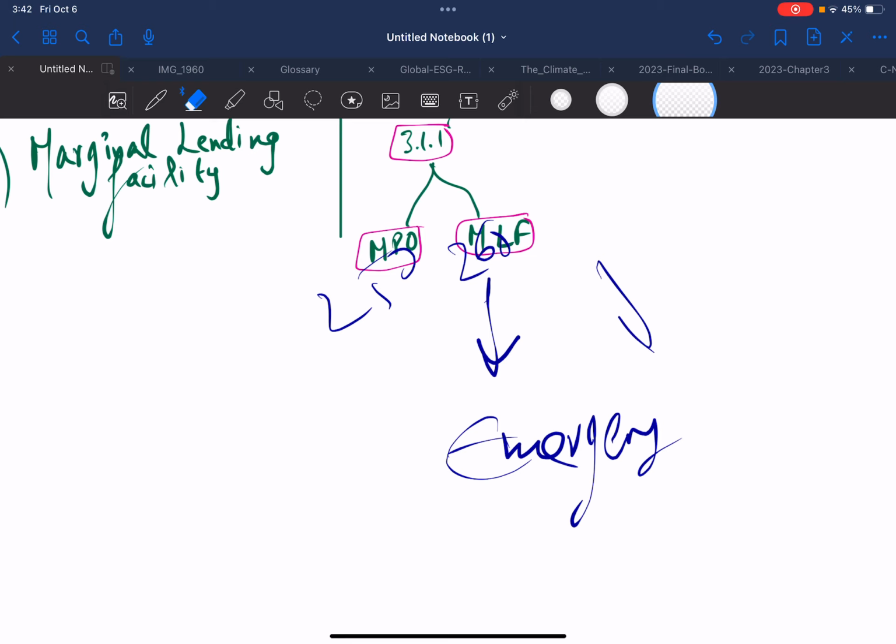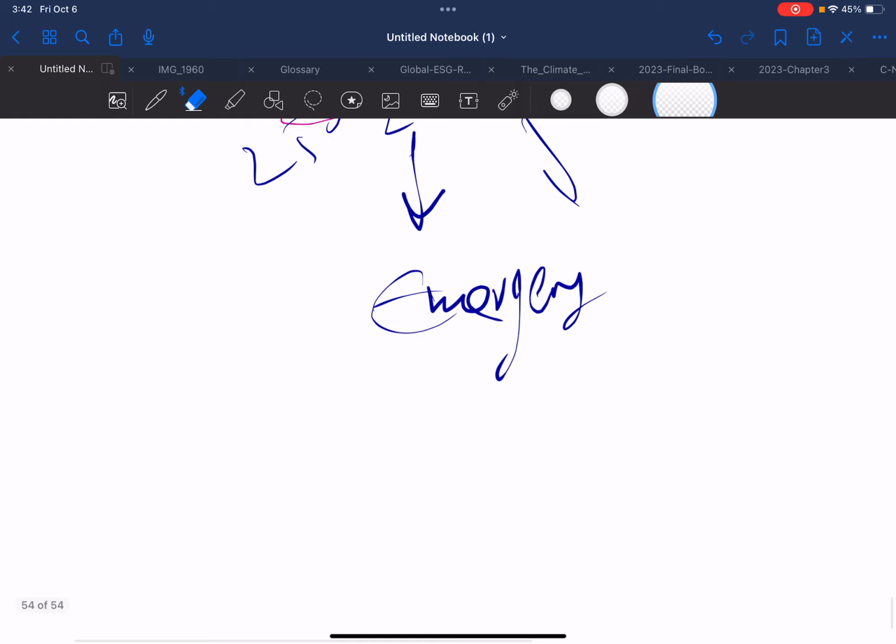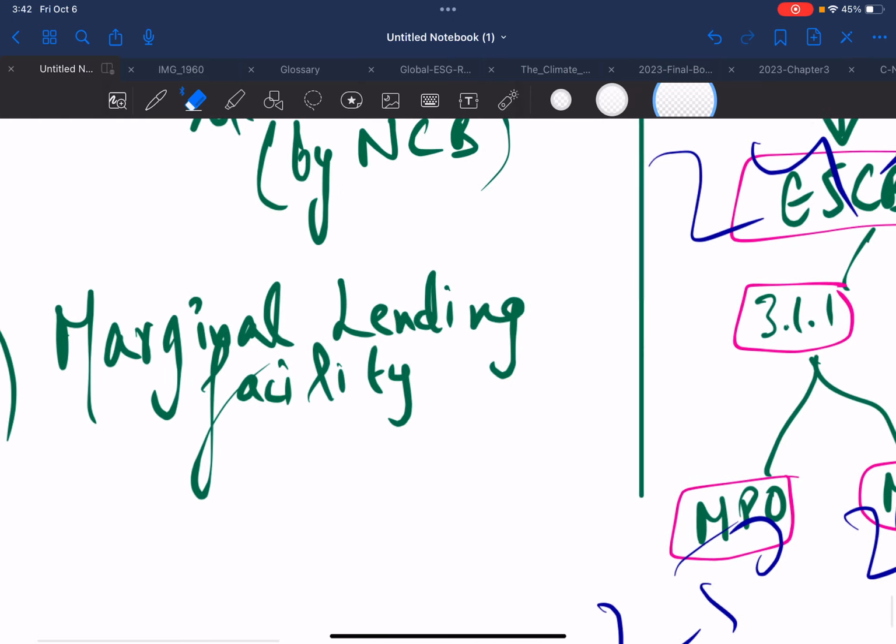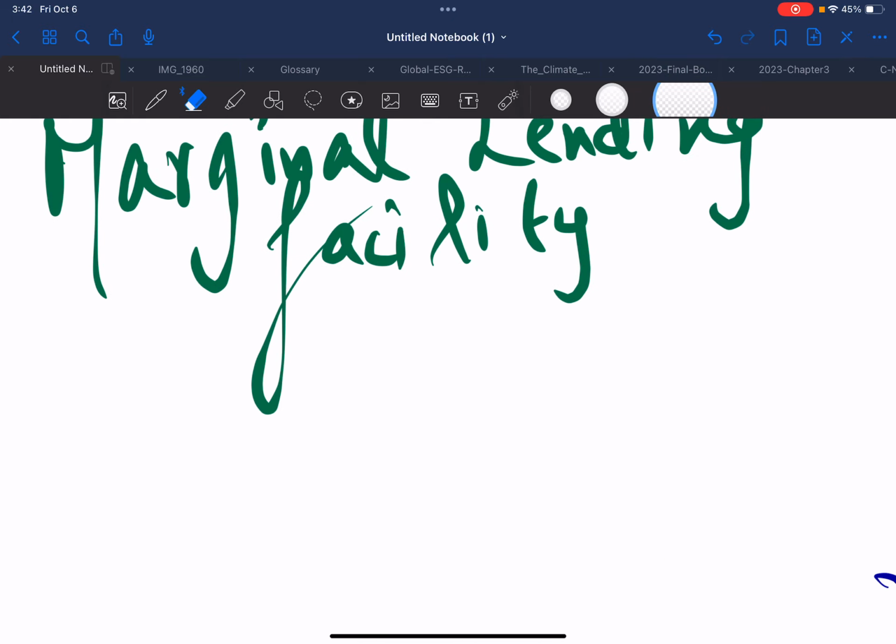So it provides these facilities, marginal lending facilities. MLF provides quick access to funds but at a higher cost, serving as a tool for central banks to manage short-term interest rates and encourage responsible financial behavior among banks. And how does it work? Simple. It works